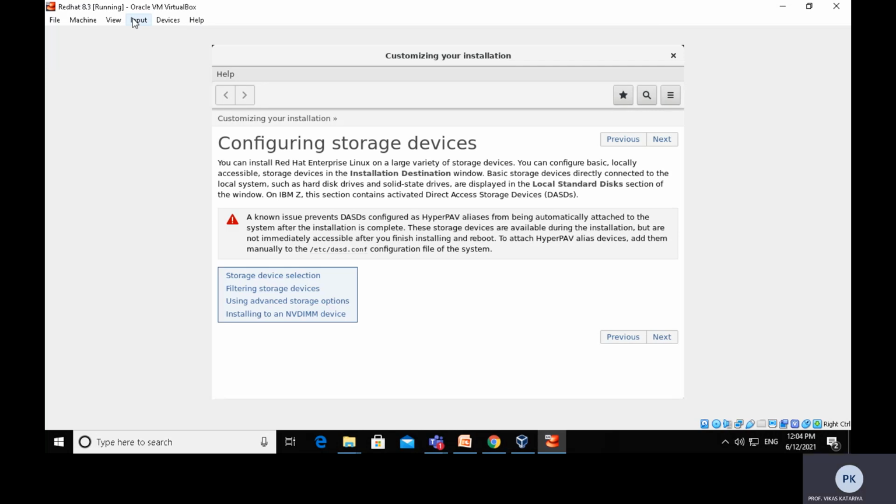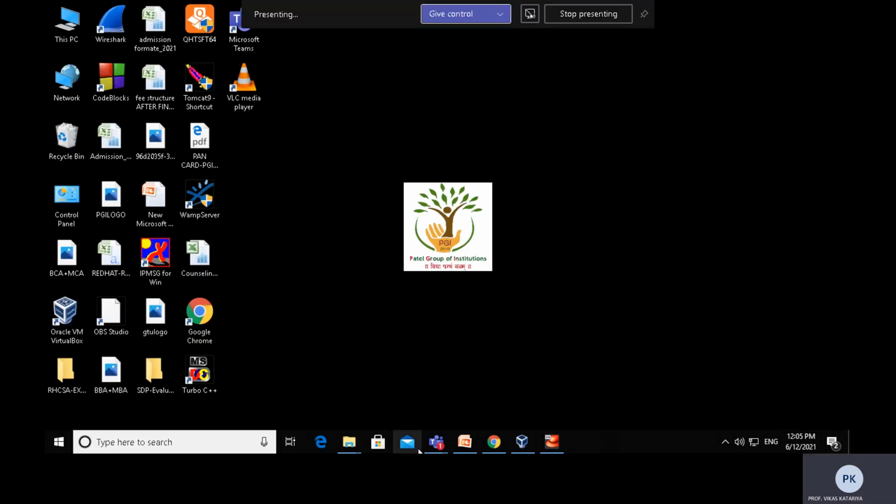Now after clicking on done, the packages will start downloading. It will start installing on your machine, and after successful installation, it will ask for a user ID, username and password.